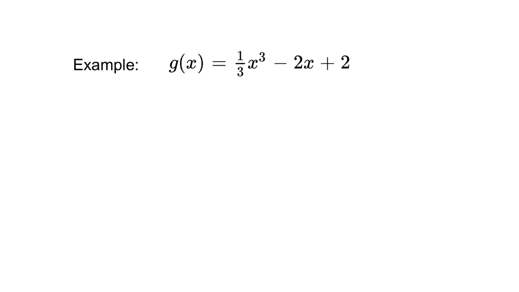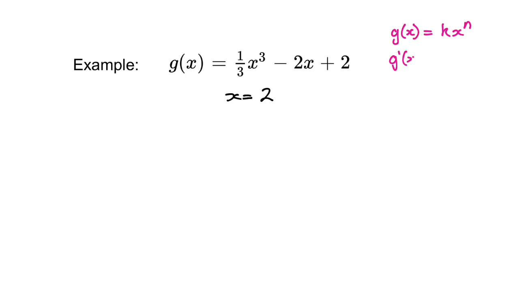So we're going to find our instantaneous rate of change of our function g of x, which is describing the function 1/3 x cubed minus 2x plus 2. And we're going to be finding this when x is equal to 2. G of x is in a polynomial form, so we can use it as equal to kx to the n,